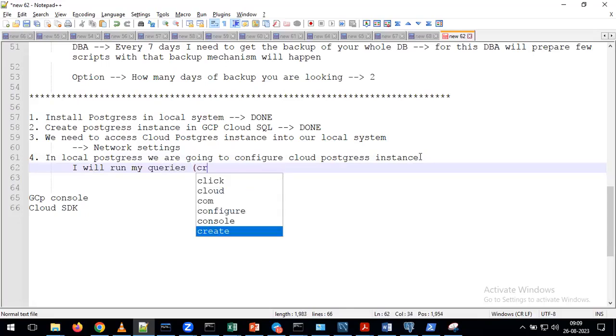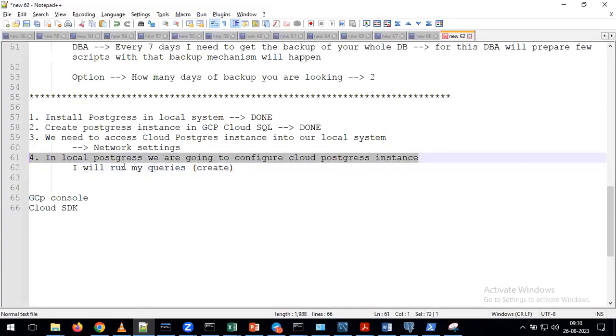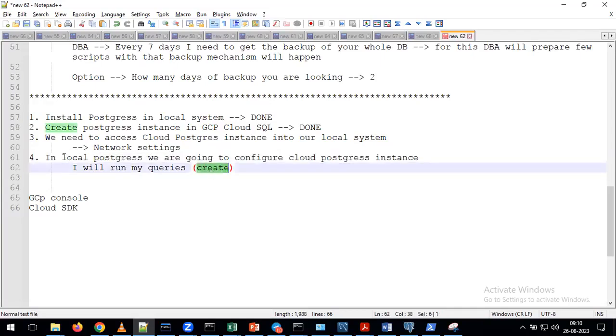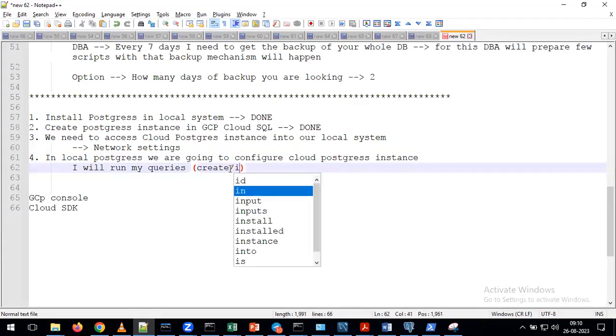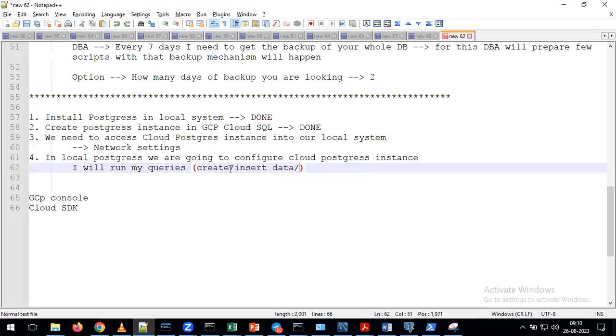Now, for example, if I create a table, try to answer where this table is going to be created after performing this activity. In the local Postgres we are configuring our Cloud Postgres, so if I create the table, will it be created in the local Postgres or in the Cloud Postgres? It is going to be created in the Cloud Postgres. In the same way, you can create a table, insert data, or run any kind of SQL queries, but all these activities are happening indirectly on what?